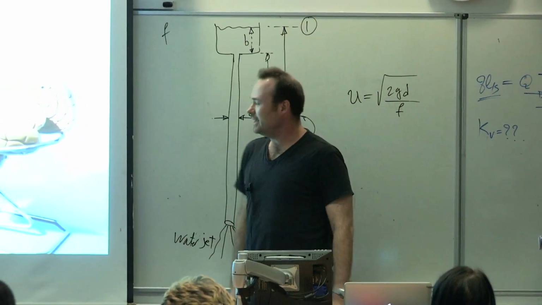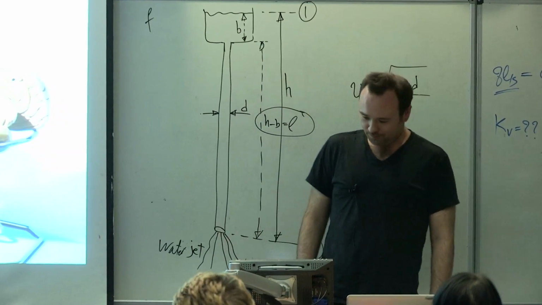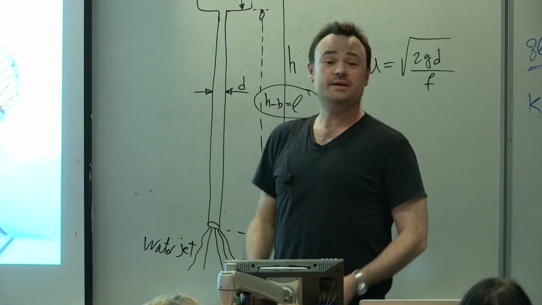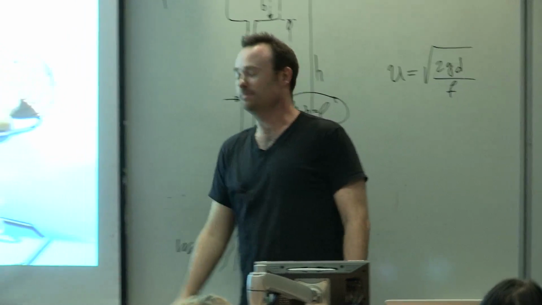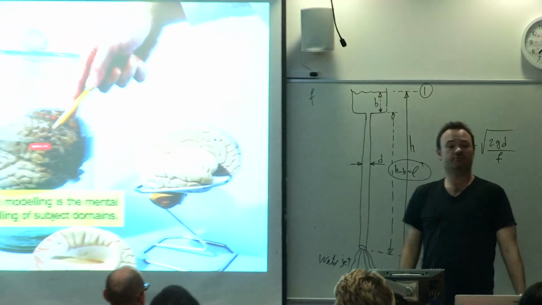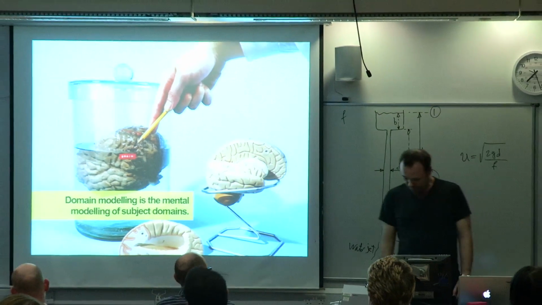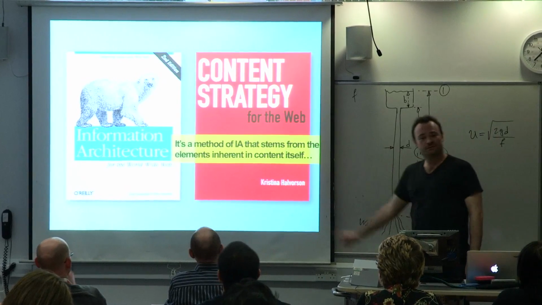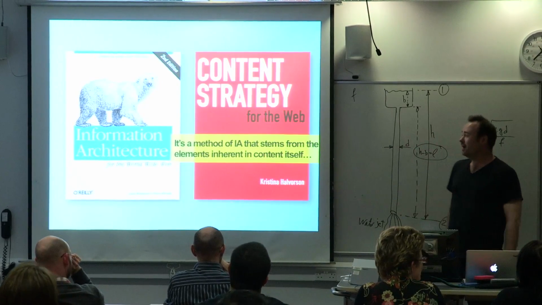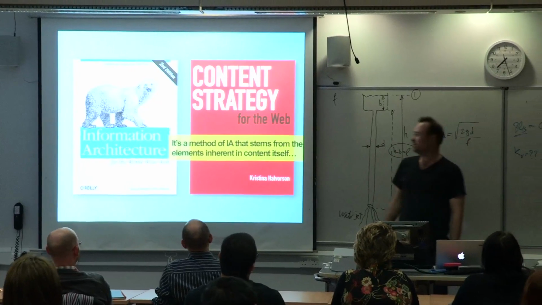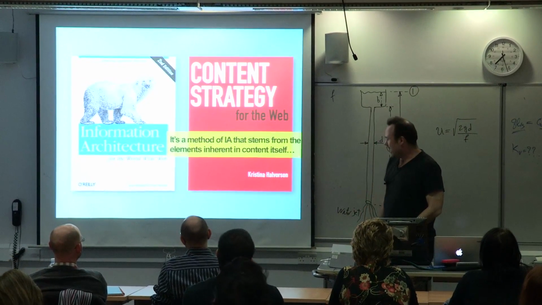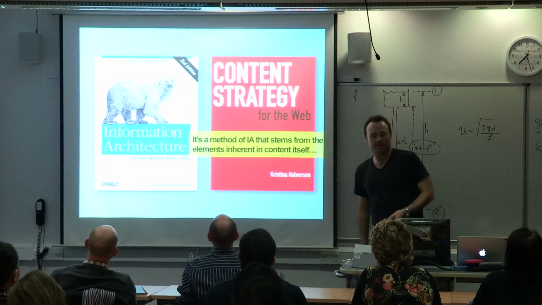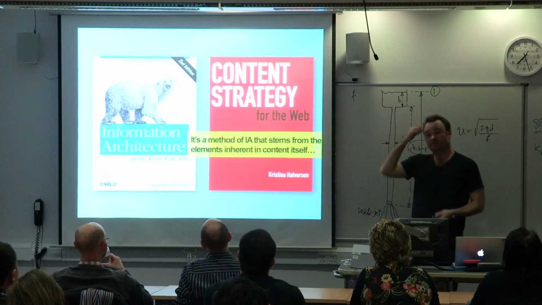Well, domain modelling really is kind of mental modelling. It's a sort of applied mental modelling that talks about the things within a subject, lions, tigers and bears, and the various relationships between them. It's where IA, which wasn't on the chart before but is a real thing, meets content strategy, which is also a real thing, allegedly. And is a sort of applied IA that is very sympathetic to the meaning that's inherent